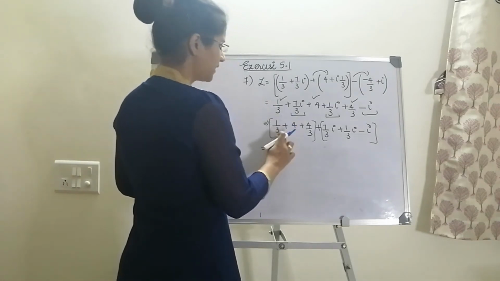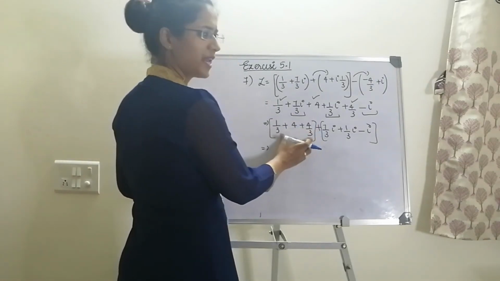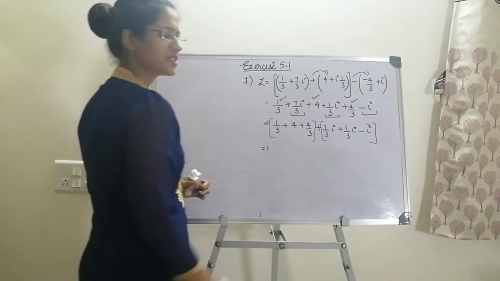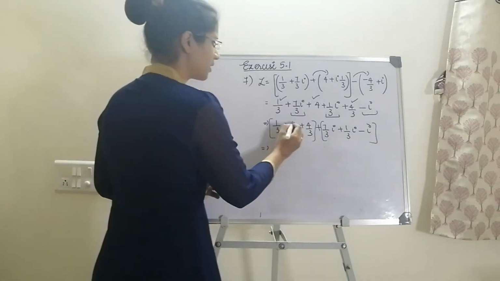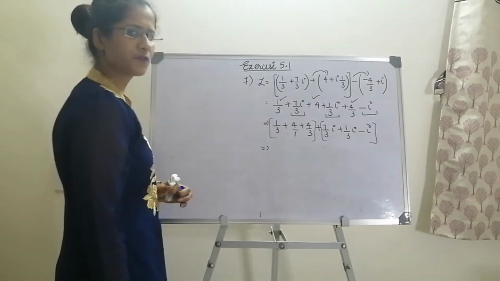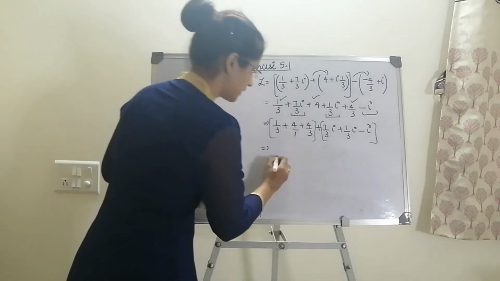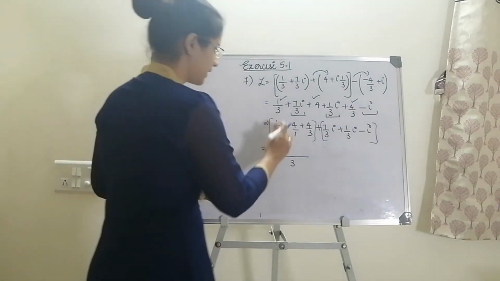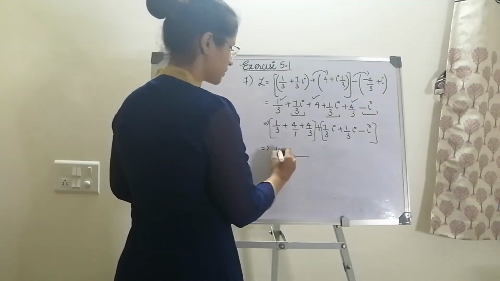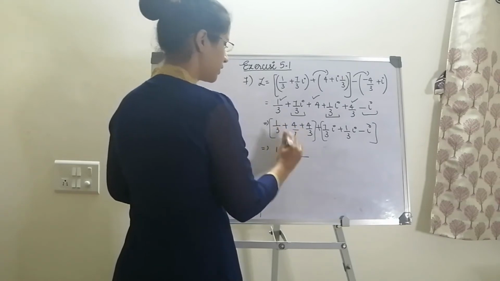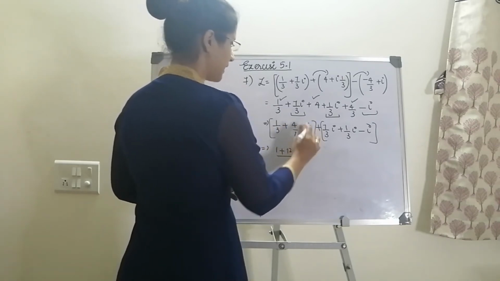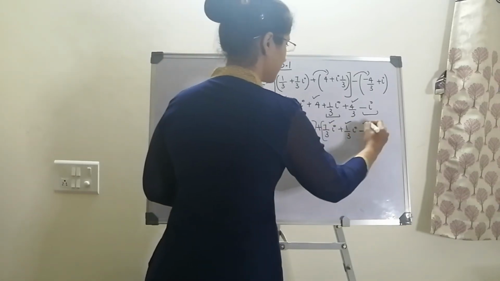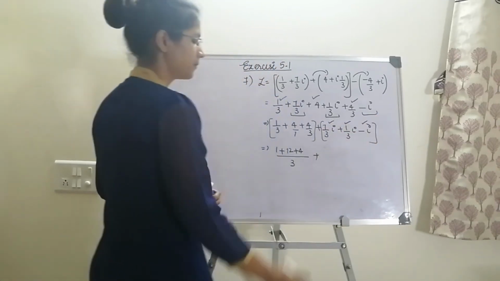Now 1 by 3 and 4 by 3 have denominators 3. So now, how do I make 4 have the same denominator? Obviously cross multiply. So this is nothing but 4 divided by 1. So I can write this entire denominator as 3. Next, I have the first term as 1 plus 4 into 3 will give me 12. Then I have again 4. Now from these 3 terms, can I take i common?